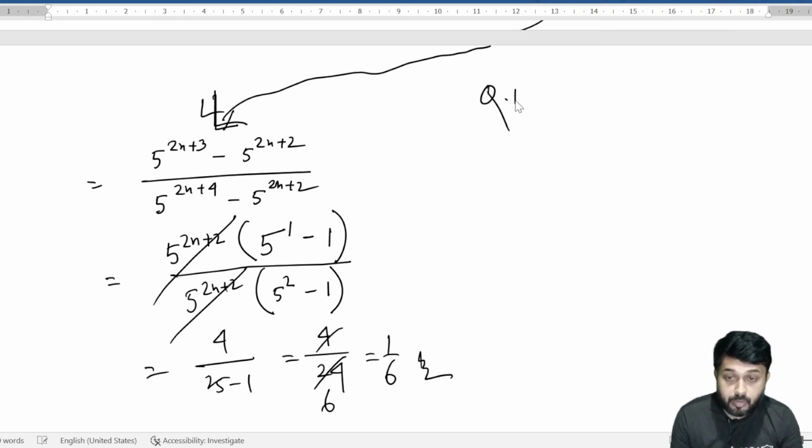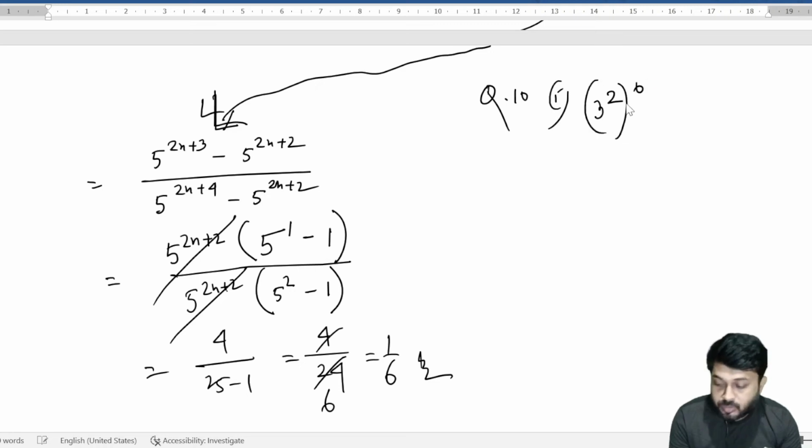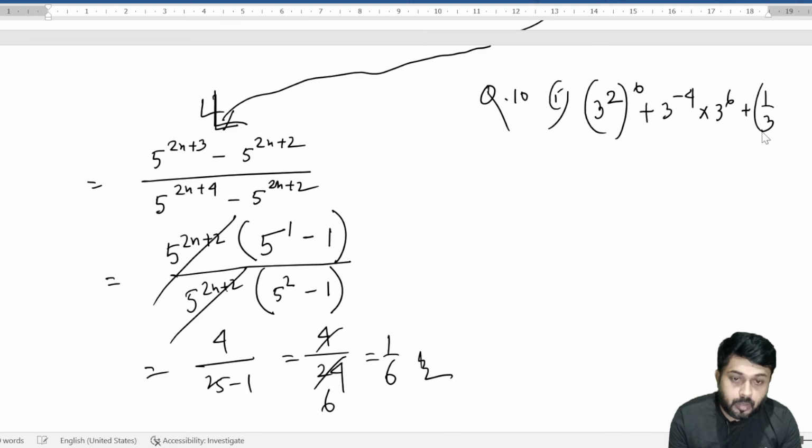After that, I want to do question number 10's one. Same instruction, simplification. 3 square whole to the power 0 plus 3 to the power minus 4 into 3 to the power plus 6 plus 1 by 3 whole to the power minus 2. Okay,